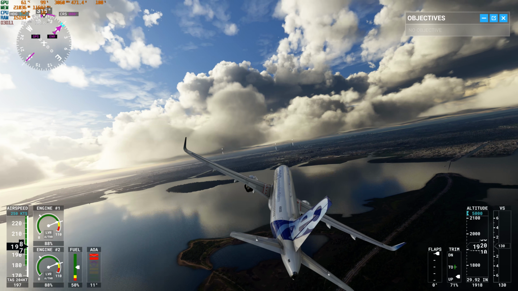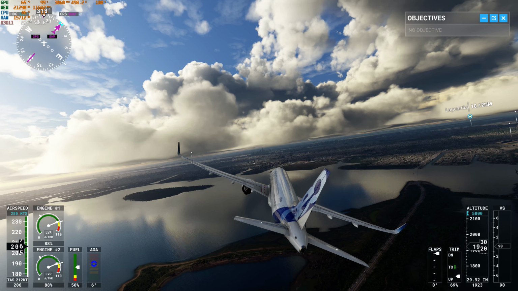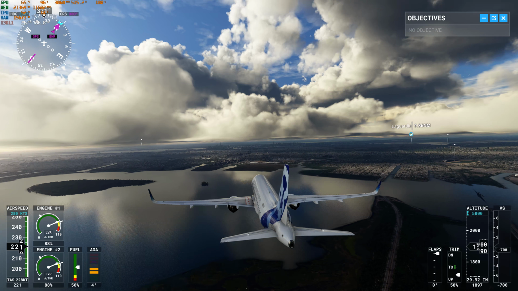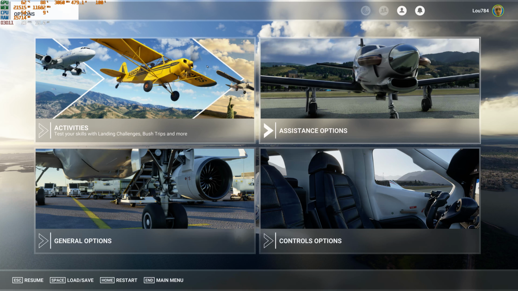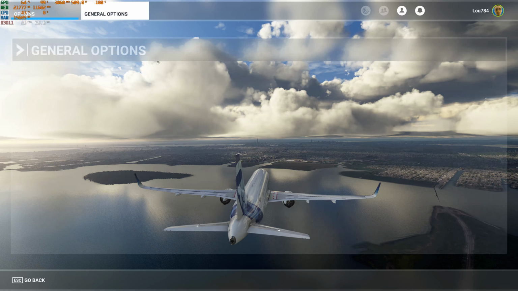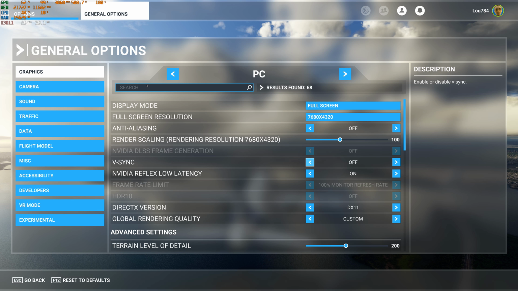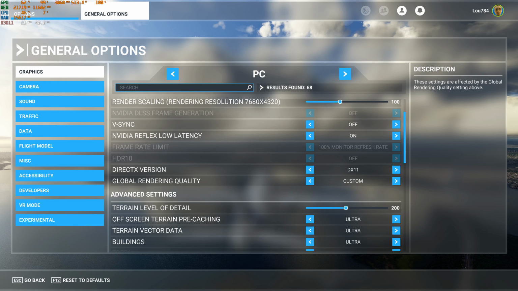Hey guys, so in that video I got cut out, I basically ran out of VRAM. It's kind of funny, right before assessing 8K, it just ran out of VRAM. So I'm basically back at 8K at the same settings that I had before the crash, so I'll just very briefly show you. So 8K resolution, anti-aliasing is off because we're at 8K, and basically all the graphic settings are